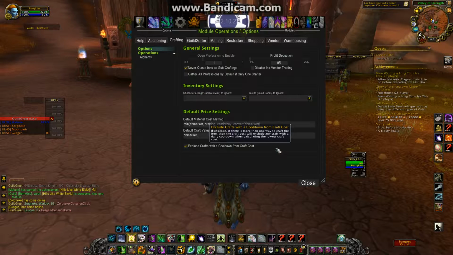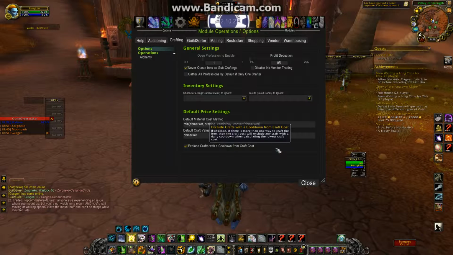These three values are used to determine the potential profit of a craft item. Profit equals, I'll put the equation in my description, but it's profit equals open parentheses B minus P close parentheses minus A. Let's take